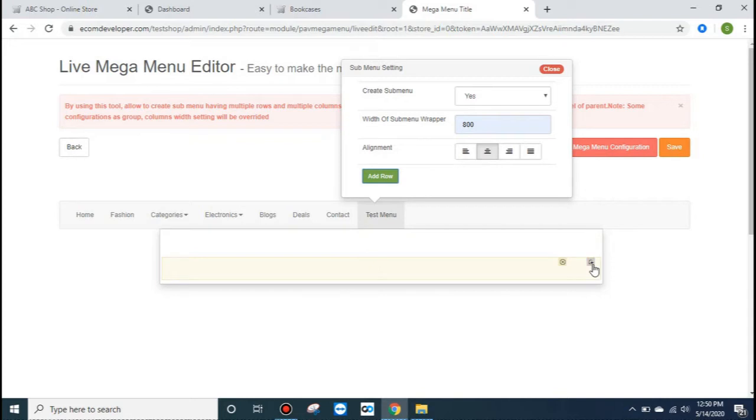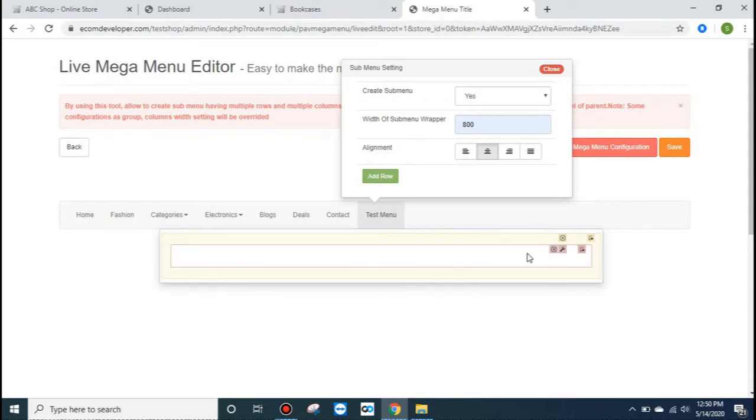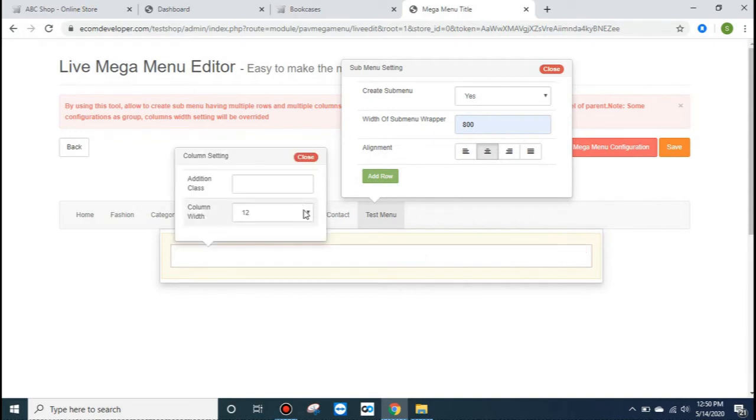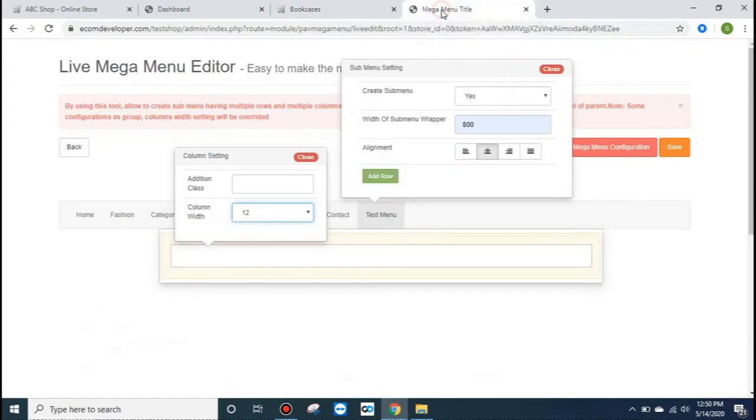No, delete this, row is already added. We will click on here. Okay, now we will make it, you can divide, like if you want 4 items, these are the 4 groups: categories, accessories, fashion and shop. That means you should divide 12 by 4 and you will get 3 size. So you can set column width 3 for each.